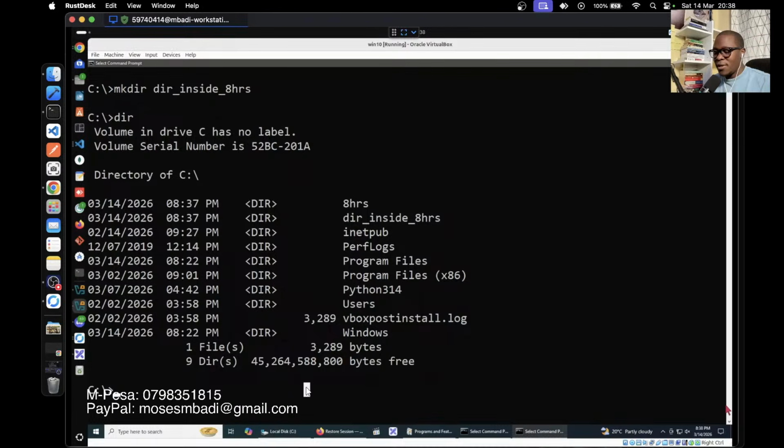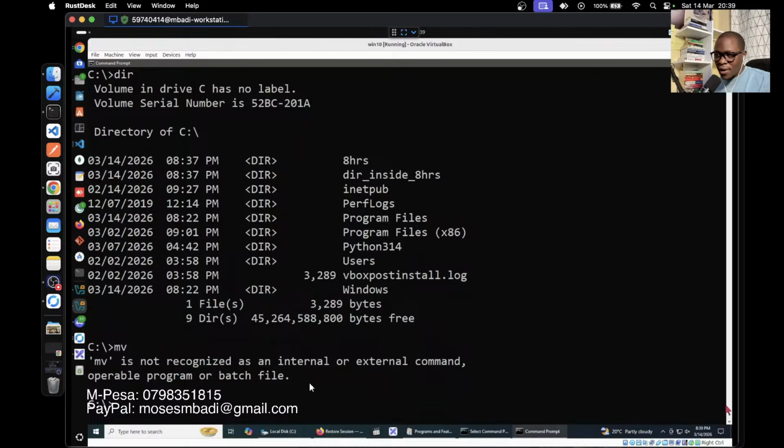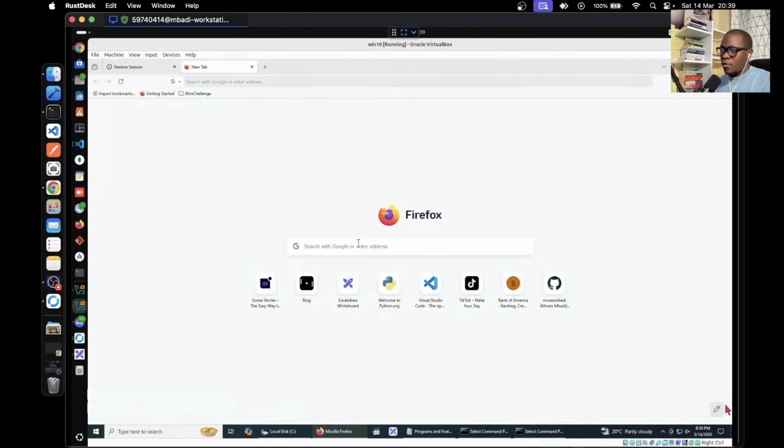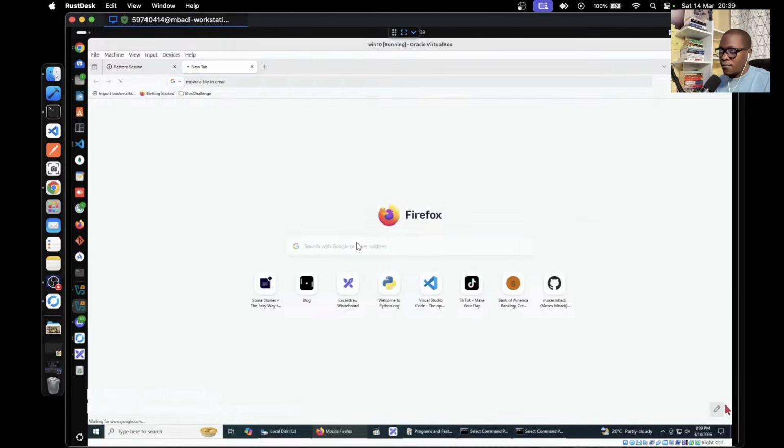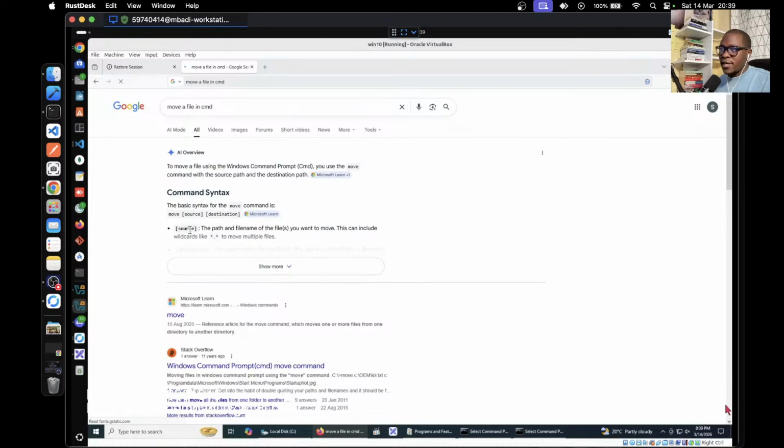But if you remember something in your head, for example, I do remember mv, which stands for move. And as I can see here, move is not recognized as an internal or external command, okay? So that is not recognized. So what do we do? So while we are inside here and we want to move this inside here, we can just go to Google and Google the move command. Move a file in CMD. And as I can see, the basic syntax for the move command is move source destination, okay. So let's just copy this